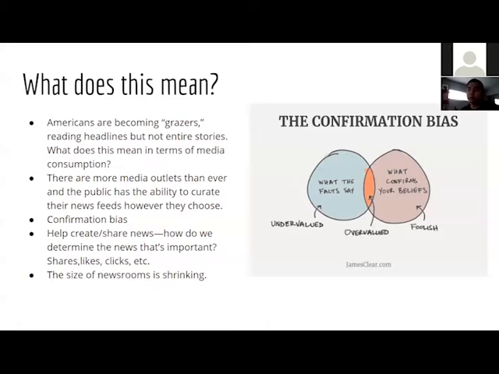And the last thing, the size of newsrooms is shrinking. So it could be possible within 20 years that things like the LA Times and the Washington Post, printed news, are going to go away because not enough people are buying it. When's the last time someone you know bought a newspaper? Maybe once in a while, maybe you have grandparents, maybe an uncle, older folks. But for you guys, your generation, you don't really buy it anymore. Even magazines, I doubt too many kids buy magazines anymore. When I was younger, I loved looking at the car magazines and other things. But when's the last time I needed that if I could go on my phone and look it up? Those businesses are going away.